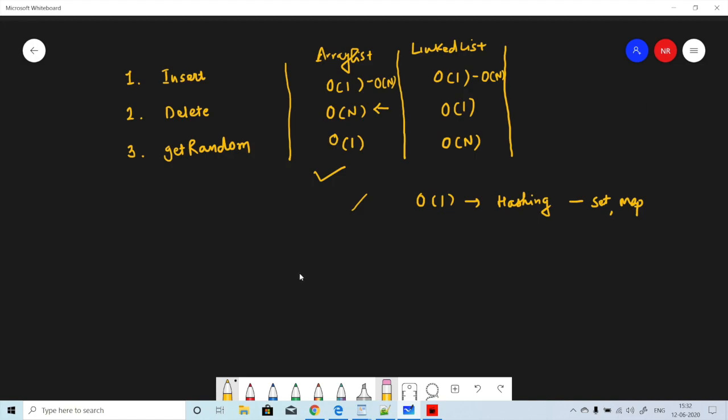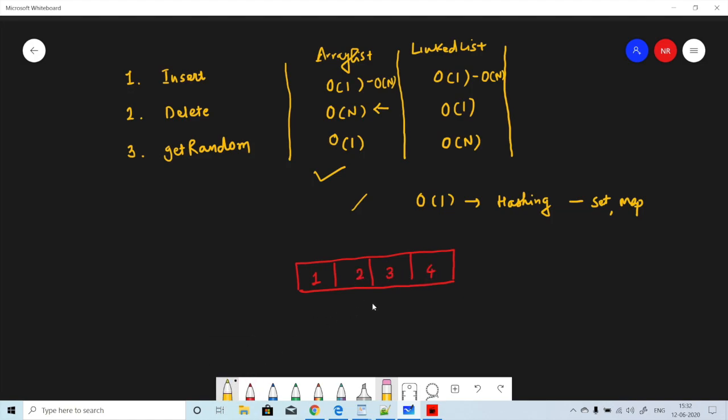How do we do a delete operation in O(1)? Because if you see in the array list, let's say we have numbers in this way. Let me write it down. So here let's say these are the numbers we have.